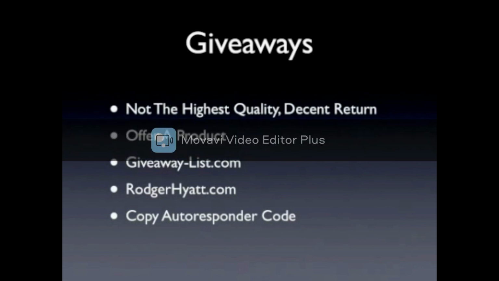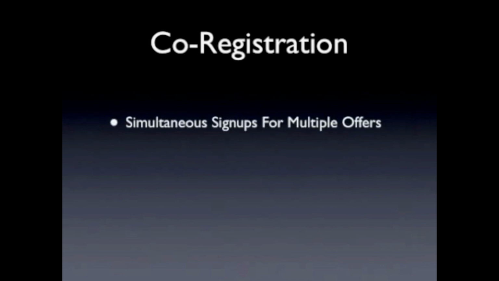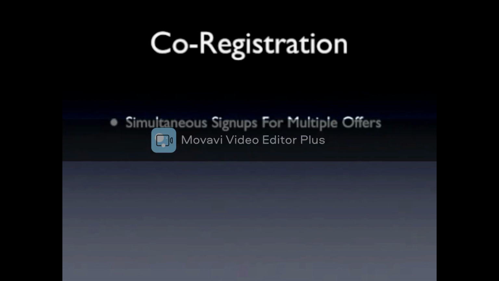Consider co-registration. This certainly isn't for everyone, and there's some debate about how well this works as well as whether it's simply a good thing to do. However, it has proven successful for many email marketers. Co-registration is simply when someone signs up for one offer, and instead of just being added to the merchant's autoresponder account, they're added to other autoresponders that have purchased leads. If you're interested in trying this strategy, here are a handful of co-registration services to help you get started: